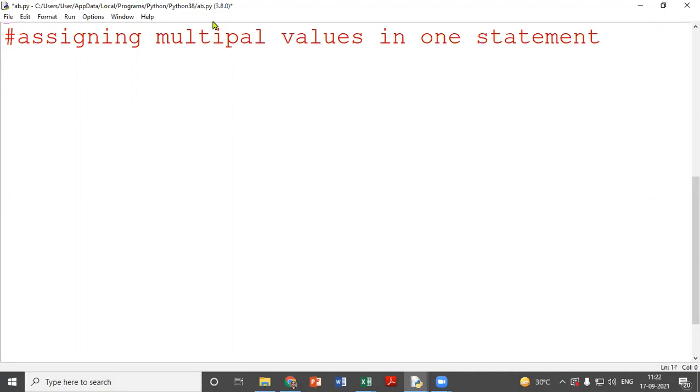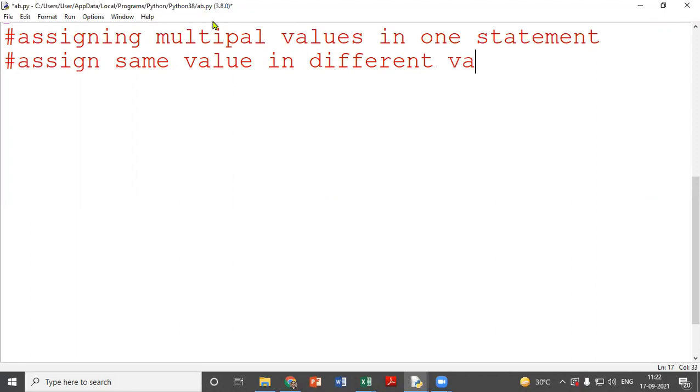For example, the first thing, assign same value in different variables. How? Suppose I took A equal B equal C equal 10.